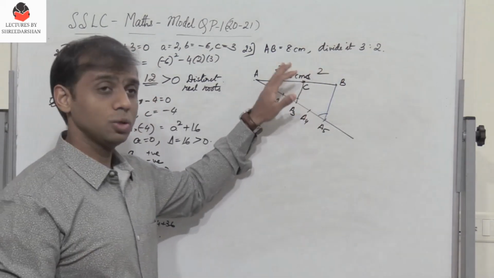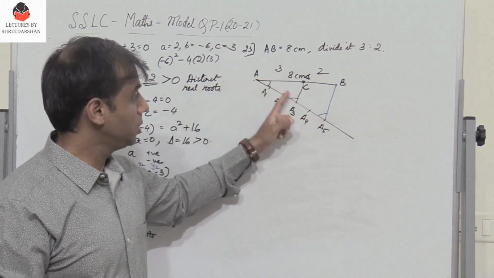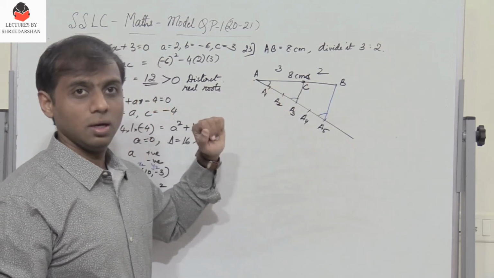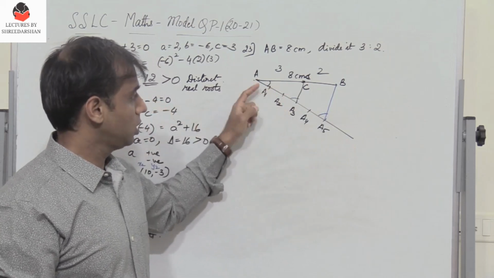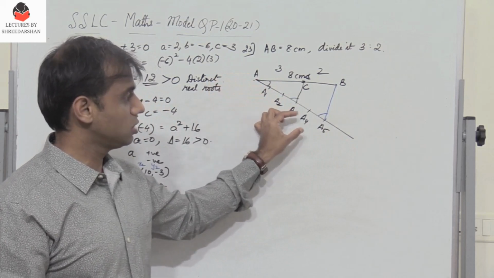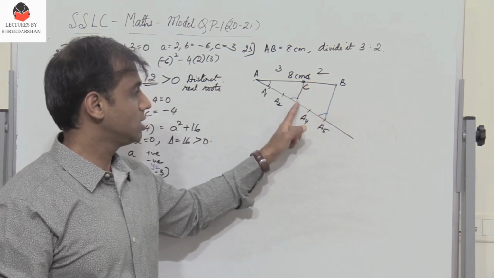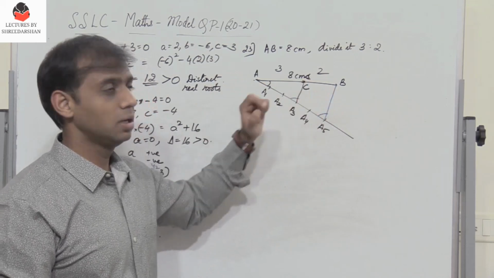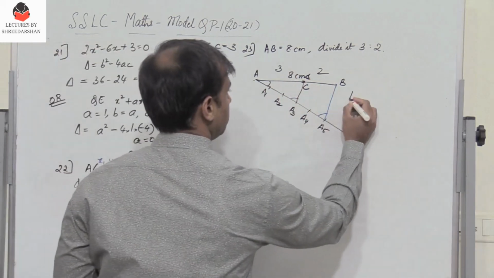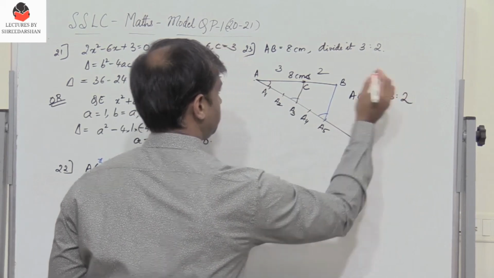So make sure that you draw it properly. I've just drawn it very roughly to show the procedure. Make sure that you draw AB to scale and then draw a line which is making an acute angle. So therefore you take the length such that AA1 equals A1A2 and so on, and then join A5 with B, and then with the same angle join A3 and a point on the line AB. So here what happens, AC is to CB will be equal to 3:2.